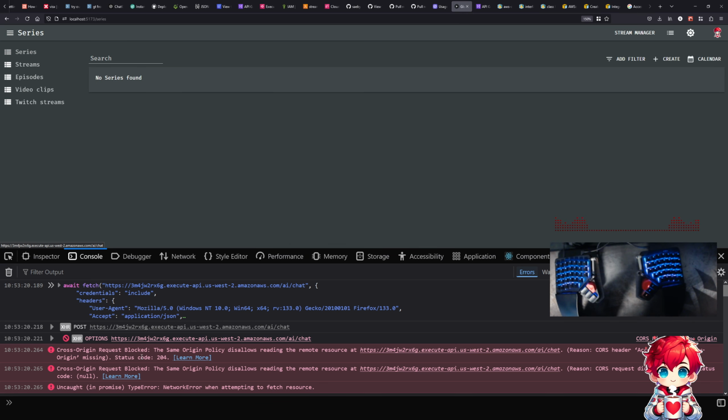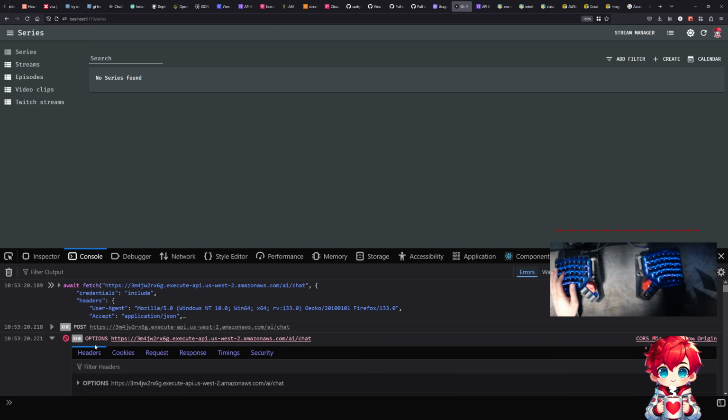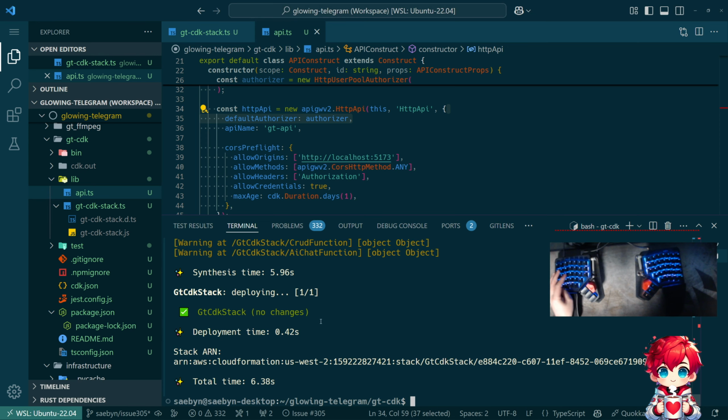So the error was the header access control allow origin is missing. Isn't that interesting? So if I were to do an options request here,